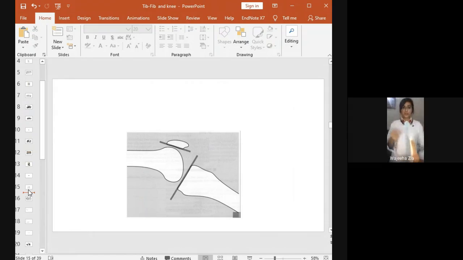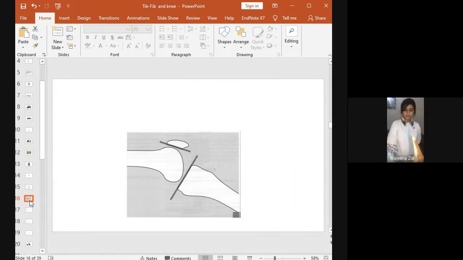So it's composed of three bones. One is the patella, the second is the lower end of the femur, and the third is the proximal end of the tibia. You can see the concavo-convex rule. The tibia is concave in shape and the femur is convex in shape. And we also consider the patella as concave.